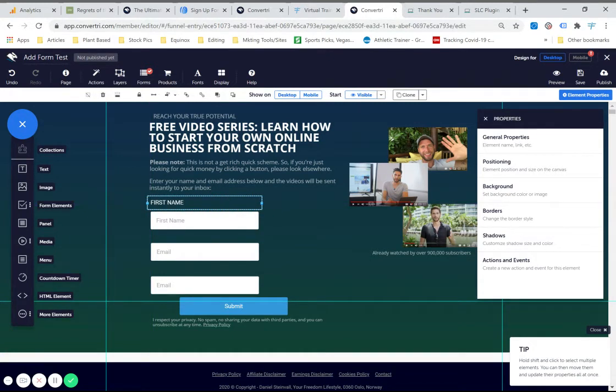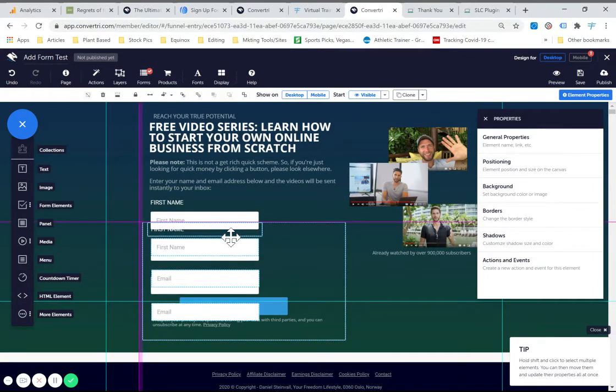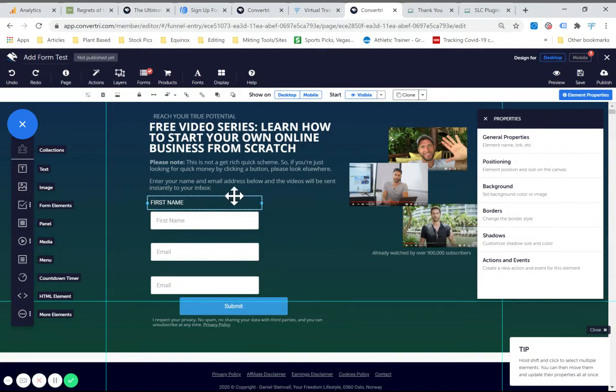We're going to use that Alt functionality again. Let's make sure that everything's not selected. So let's undo that. We're just going to choose first name, hold Alt, and then drag that down, and then do that same thing one more time, and then change those texts to, say, email